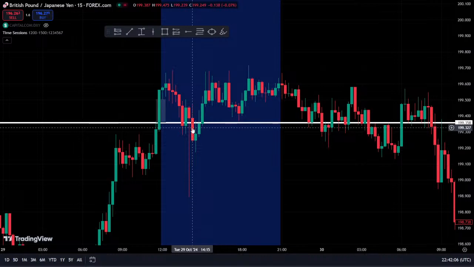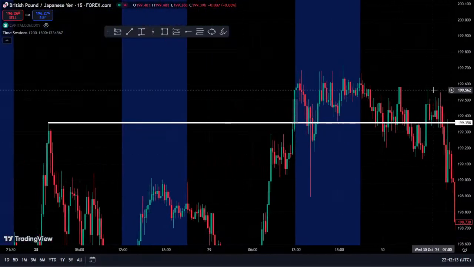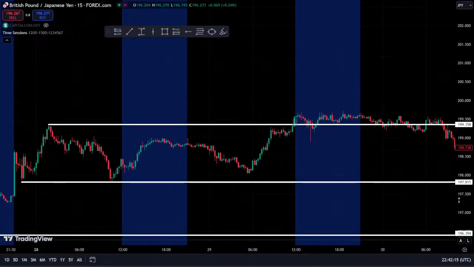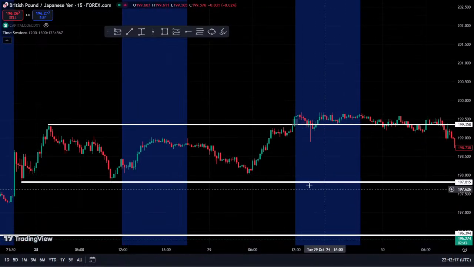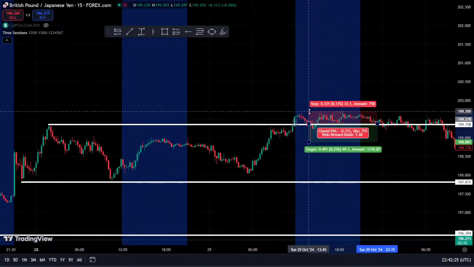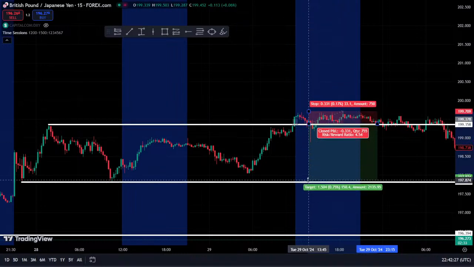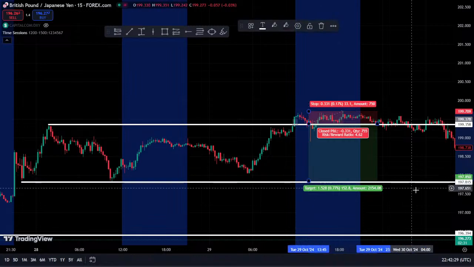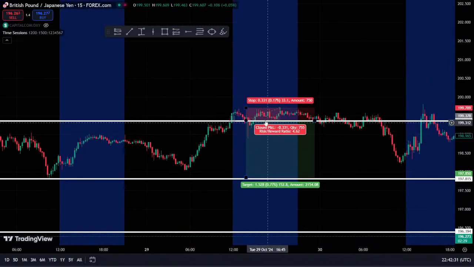Then they would think it would go for the offer liquidity. They would have put this here and aimed for here, which would have been a good trade,